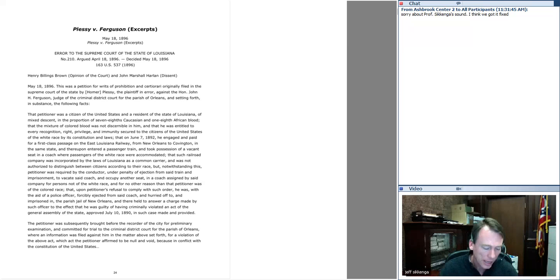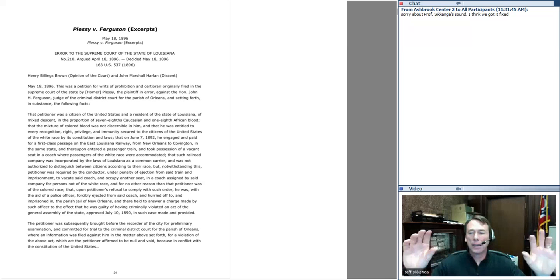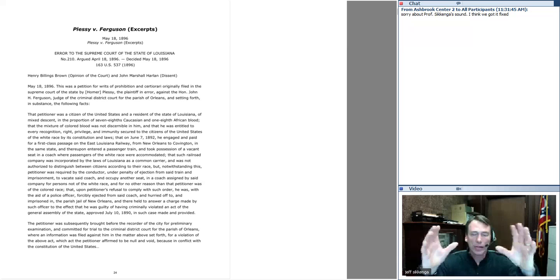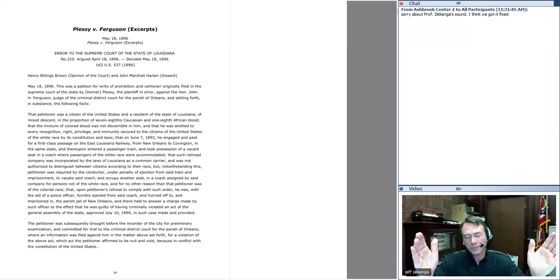And on that ground, it says that it doesn't violate equal protection of the laws because the 14th Amendment, passed after the Civil War in 1868, had a purpose, they say, not to provide social equality. It was to provide equality before the law. And as long as the cars are actually equal, being separate does not violate equal protection. It's giving everybody the same thing, rail cars. It doesn't have to promote social equality. That's the argument the court makes.